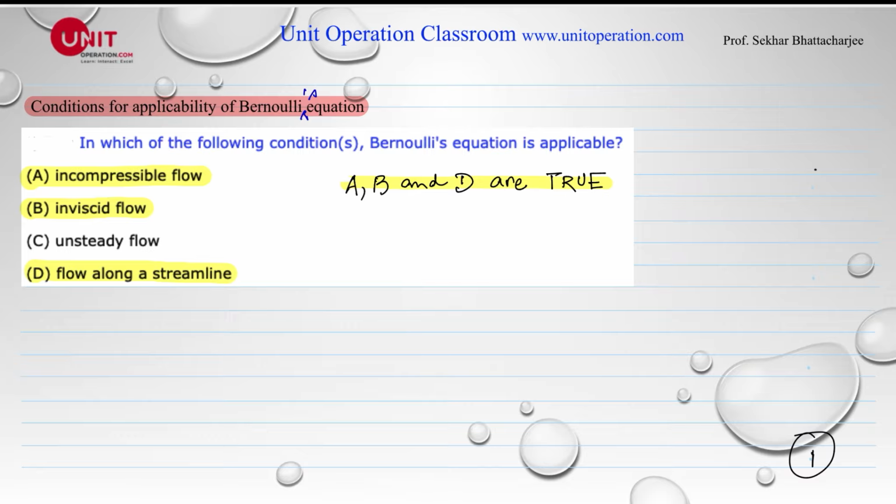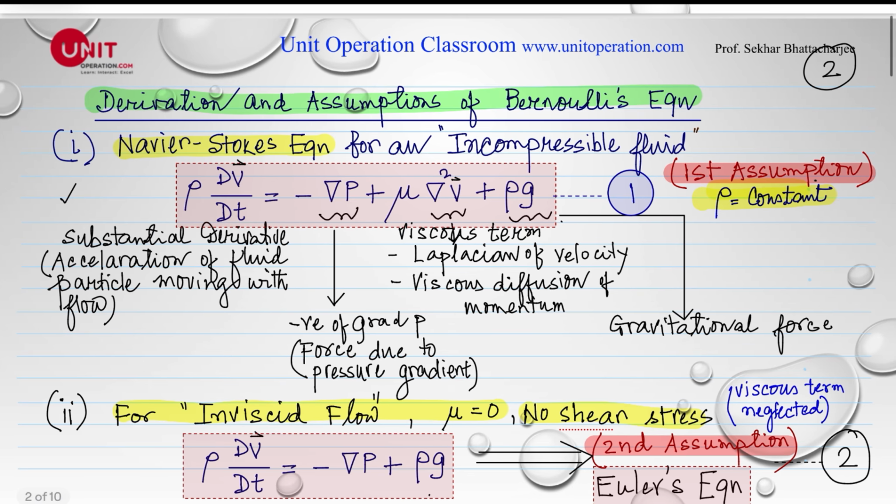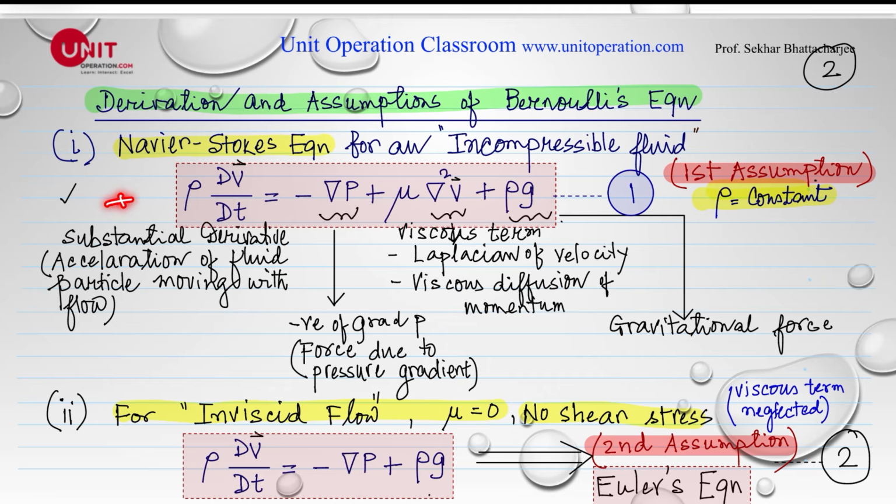So there are different conditions given here, but before that, let's understand how the Bernoulli's equation has been derived. So this is the derivation and assumptions of Bernoulli's equation. The Navier-Stokes equation for an incompressible fluid, that means basically density is constant. So this is my first assumption. I'm not going to all the terms of the Navier-Stokes equation, but for an incompressible fluid,